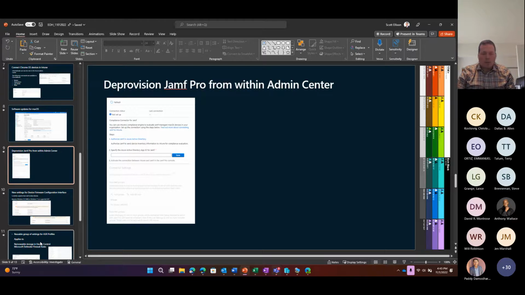I haven't seen a whole lot of customers set this up. Again, I think if you do apply conditional access policy to Windows devices and you want to extend that out to your Mac OS devices, I think this integration makes sense. So